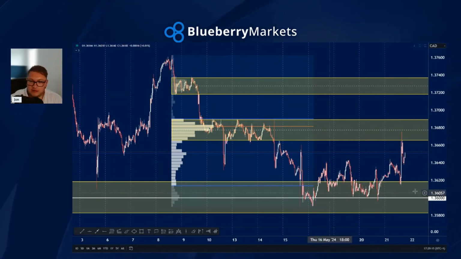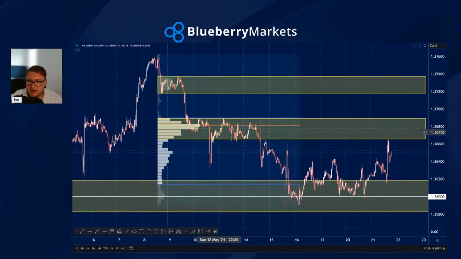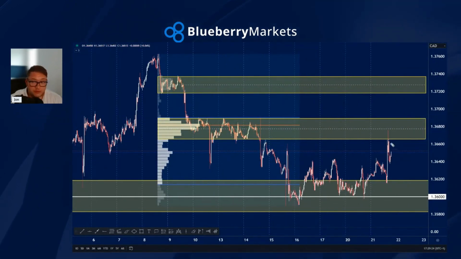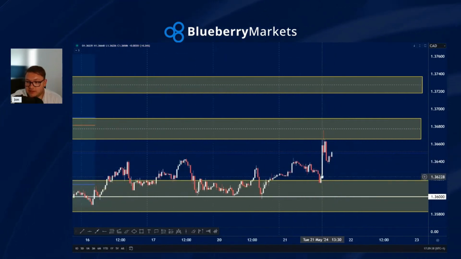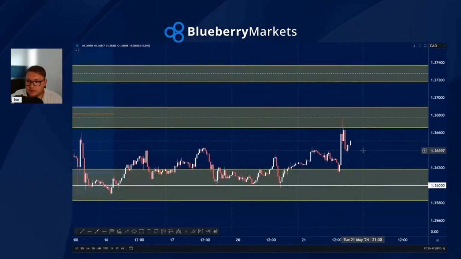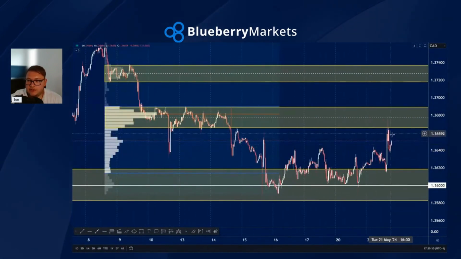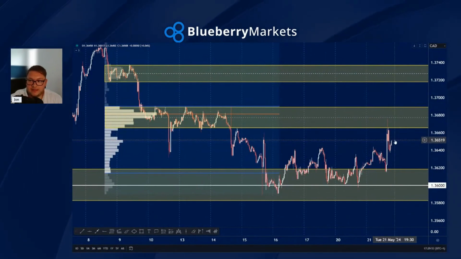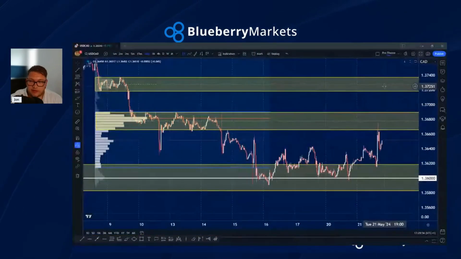So I think if we stay to the long side of 136, and if we can stay above 136.80, then we'll have to review where dollar CAD could potentially go, with a potential move up towards that 137.20. But what we can see so far is we had the data from CPI. Obviously CPI came in a little bit lower. The market sold CAD, and it came up into that pocket of volume here where sellers push back quite quickly. So the way I would be looking at this right now is, is this an opportunity to be a seller of dollar CAD essentially? And what we can do is go take a look at that crude oil price.